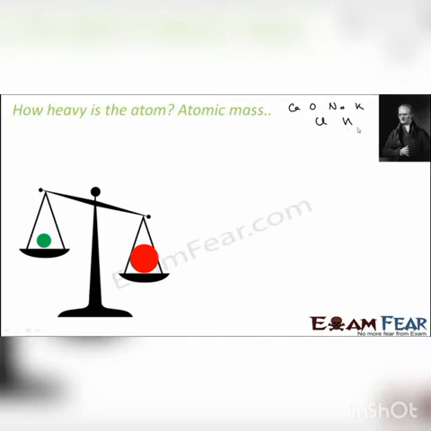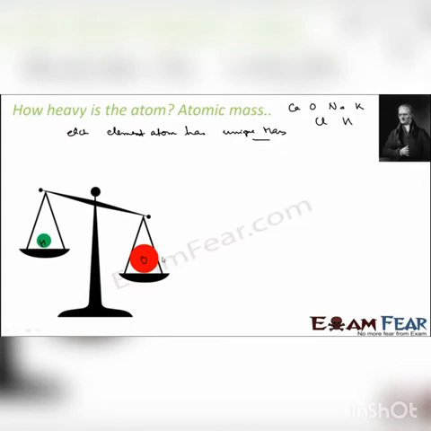Let's see how heavy the atom is. See, Dalton's atomic theory has clearly told that each element, or each element's atom, has a unique mass, right? Some are heavy, some are light. For example, oxygen is heavy, hydrogen is light, and we'll show you how. Okay. Now,